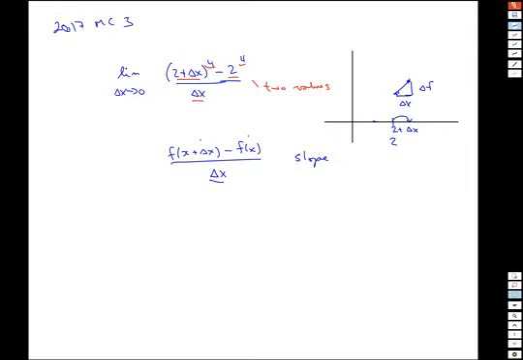So it's definitely a recognition thing. We don't expect people to look at this formula and see what it is immediately. But if you do, then you realize, oh, anything over delta x where I have a base value and the base value plus delta x, then we're looking at a derivative calculation. And so what this is, f prime of x, f prime of 2 more specifically,